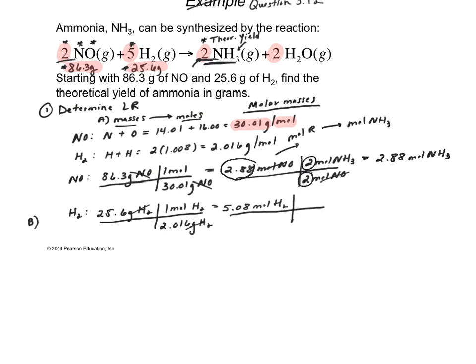Okay, so now let's do the same thing for hydrogen. So for hydrogen, we have a different ratio. For every 5, we get 2. So if I had 10, I get 4, etc. So we're going to utilize that. For every 5 moles of hydrogen, I'm going to convert that to 2 moles of NH3. And so when I take 5.08, I divide by 5 and I multiply by 2, that ends up giving me,